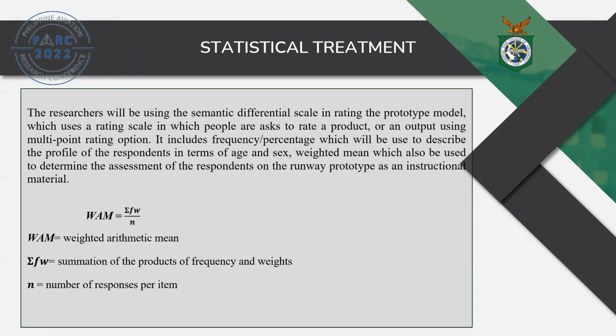Statistical treatment. The researchers will be using the semantic differential scale in rating the prototype model, which uses a rating scale in which people are asked to rate a product or an output using multi-point rating options. It includes frequency and percentage, which will be used to describe the profile of the respondents in terms of age and sex. Weighted mean, which will also be used to determine the assessment of the respondents on the runway prototype as an